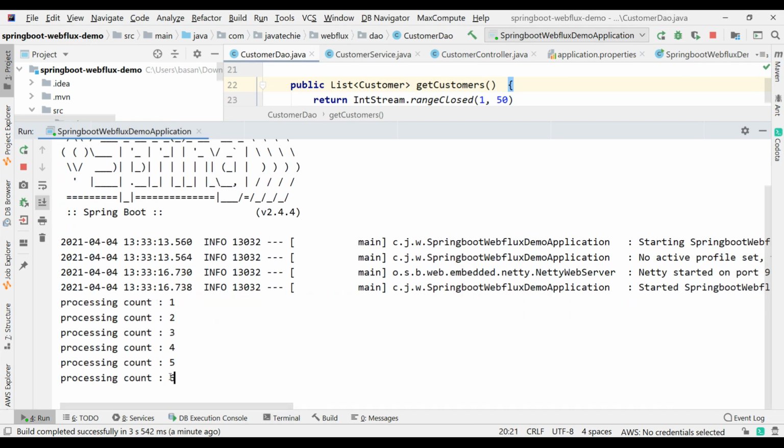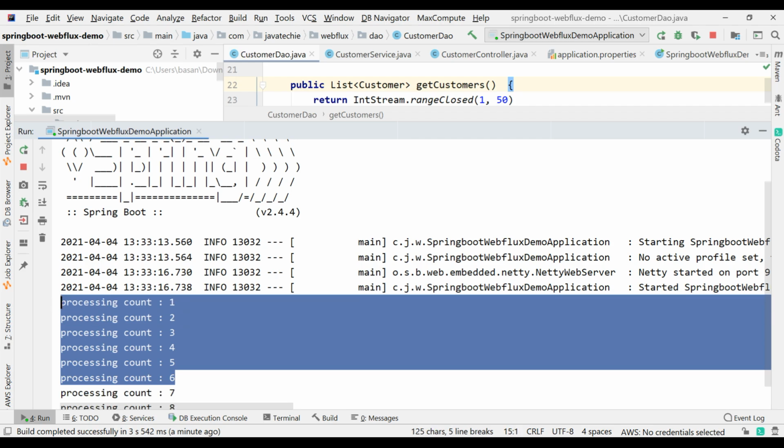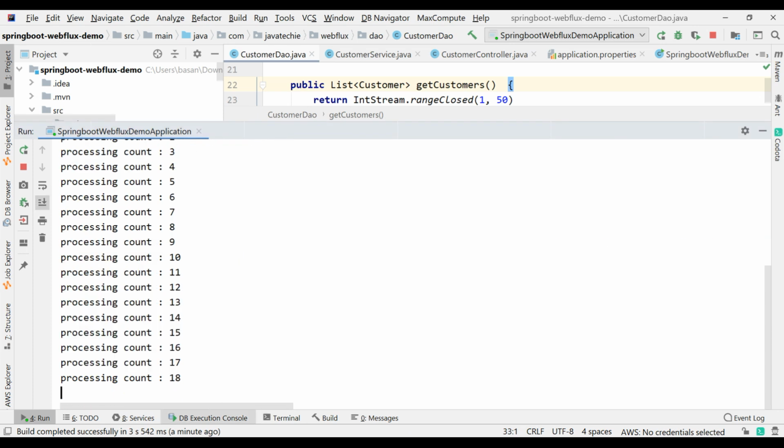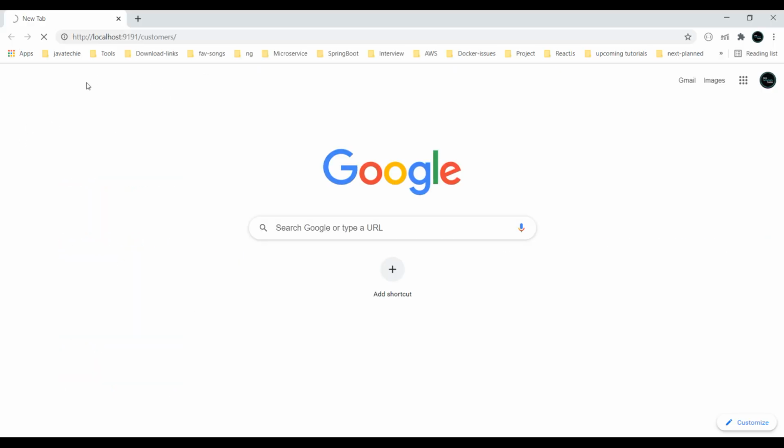If you observe, it is printing the processing count and we cannot see any response. Still it is buffering to get the response. This is what is called synchronous blocking. Until it processes 50 records, my consumer or my subscriber will not get the response in our traditional REST API approach. Still it is buffering.